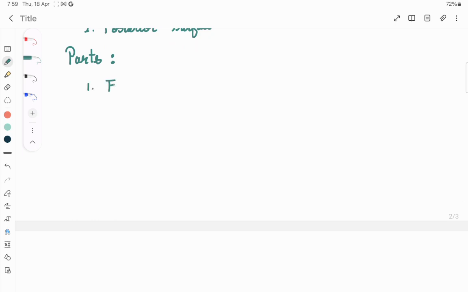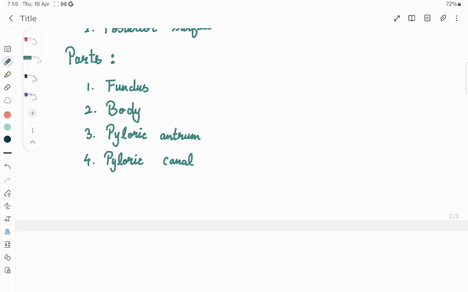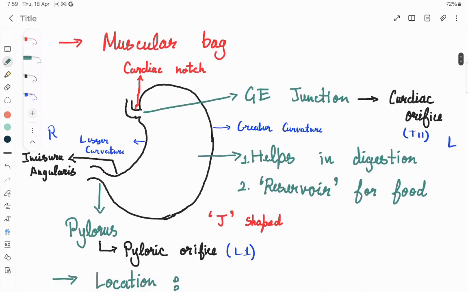We have the fundus, then the body, the pyloric antrum, then the pyloric canal. So in the diagram let us see. If we draw a horizontal line from the cardiac notch,